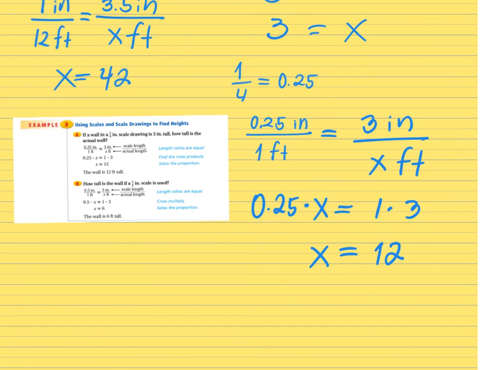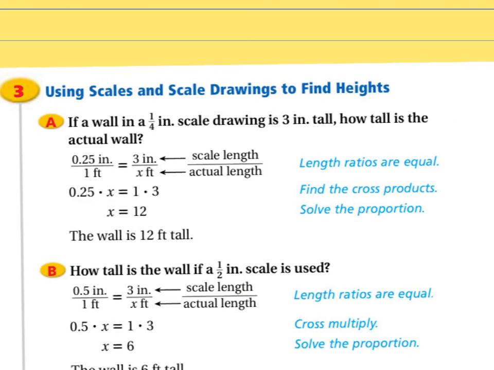So what is this answer? This answer is that the wall's actual size is equal to